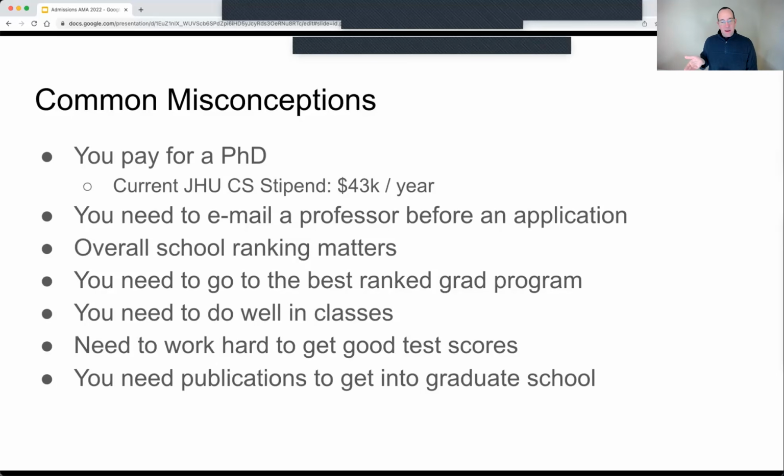As I already said, we don't care about test scores, and we don't care about publications. And what I mean by that is, again, we care about achievement and opportunity. If you have worked for 4 years in the lab of someone who is well known in the field, we kind of expect that you've published, right? But if you're coming from a university where you haven't had those kinds of opportunities, or you discovered research kind of late, of course you're not going to have published. You wouldn't have had that chance. So some people think that our programs have a publication requirement before you're admitted. Absolutely not. We don't have anything like that.